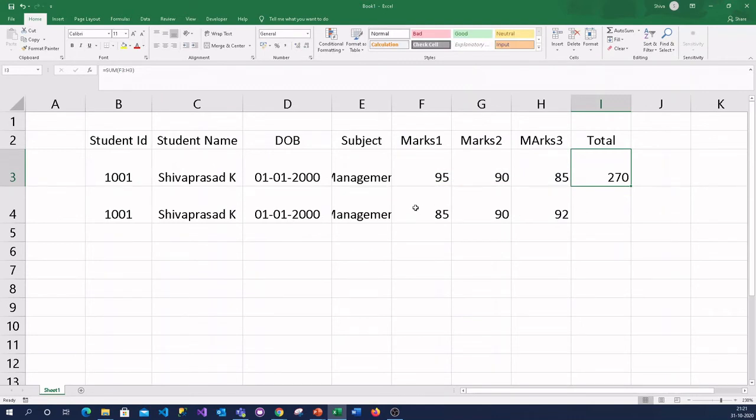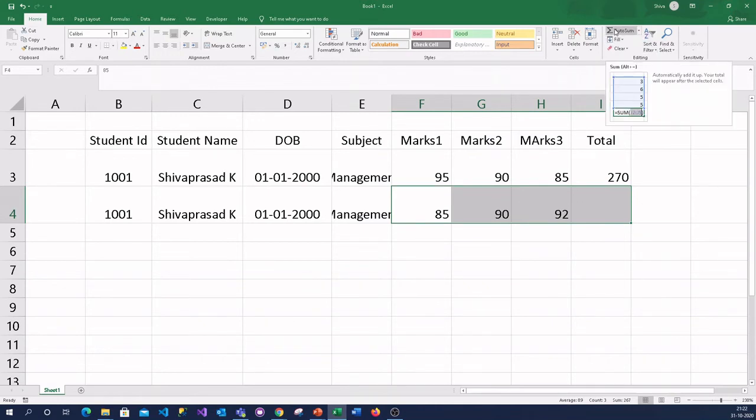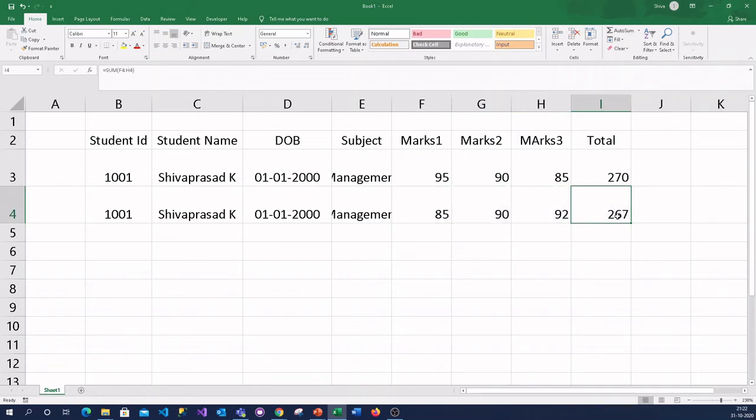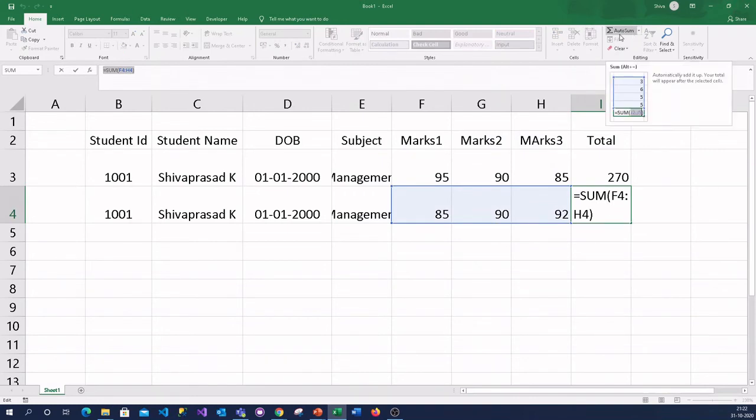Now the simplest way is I can select all four cells, where the three have data and the fourth one is blank, and click on this auto sum. You can see on the screen auto sum and click. It is automatically calculated with the same formula. Instead of you typing the formula, Excel inserts it using the auto sum function.